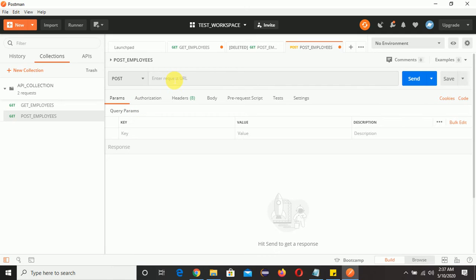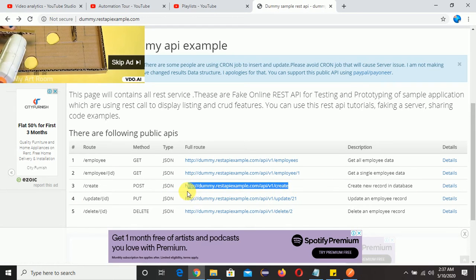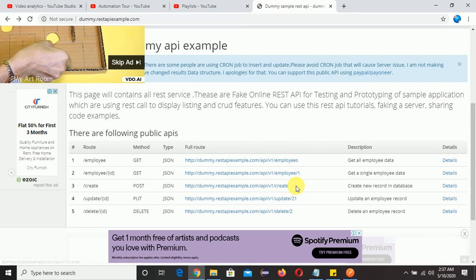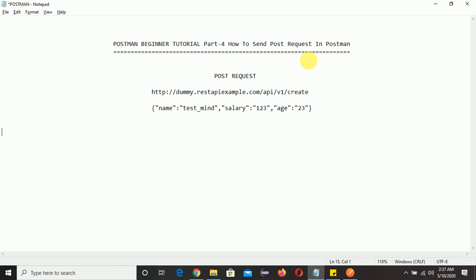Now we need to pass the URL. In the previous video I have already told you there's one very good website, dummy.restapiexample.com, where you will find all the free APIs. You can see here there is one free API, POST, and along with that we have the URL. If you want the body of this URL, then click on details and you'll get the body. I have already copied these details in the notepad, so I will go to my notepad and copy this URL,